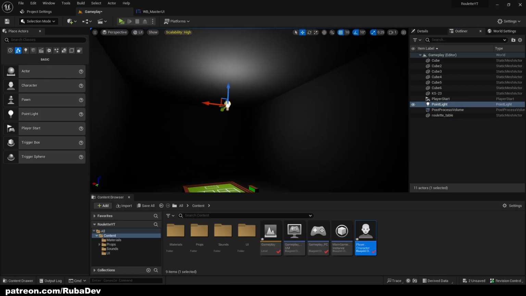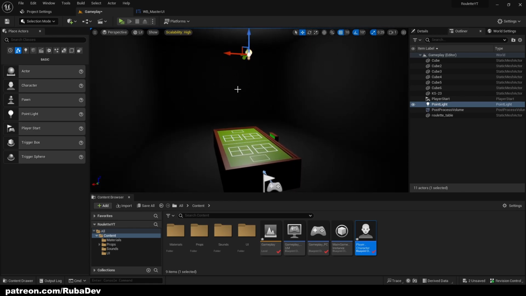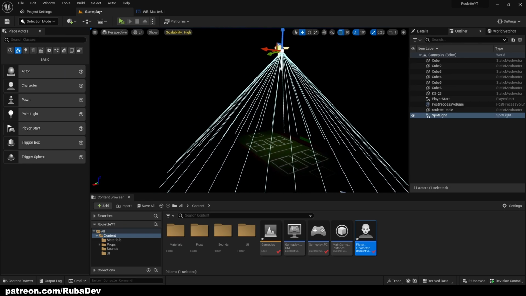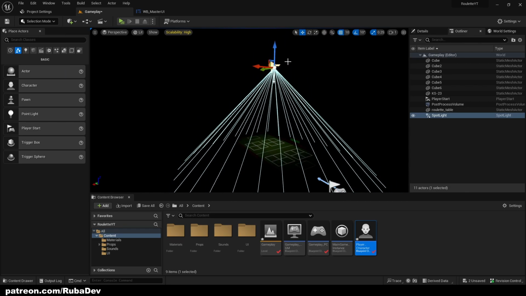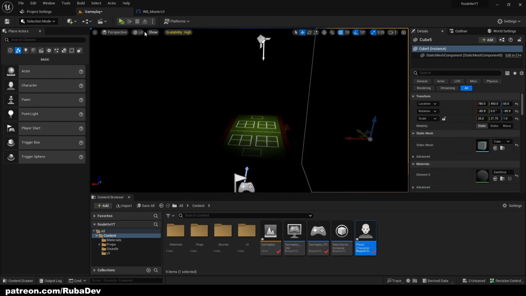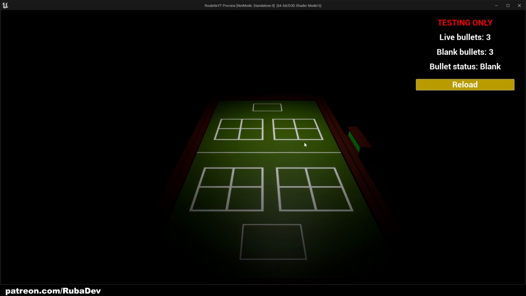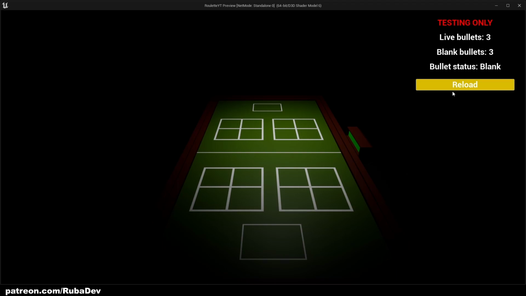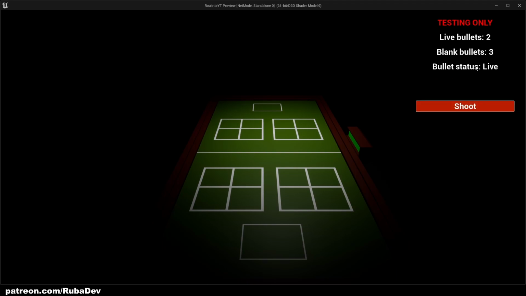Right now we have a small issue with the light, so I'm gonna add a new light that's gonna be a spotlight, and that's gonna make this game a little bit spookier, I believe. Oh, I like this. Okay, so as you can see, this is how the map looks right now. So far we got this working. So if we press reload, we load the live bullet, then we shoot, reload, shoot, reload, shoot, and we are